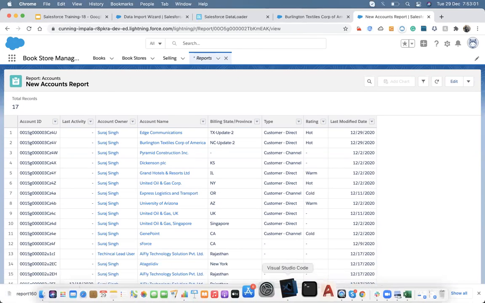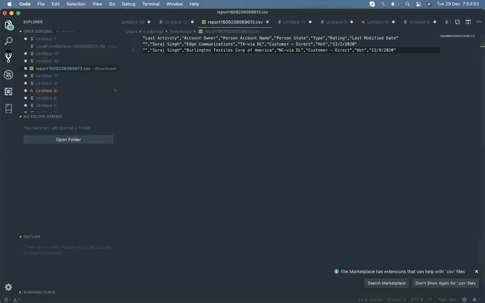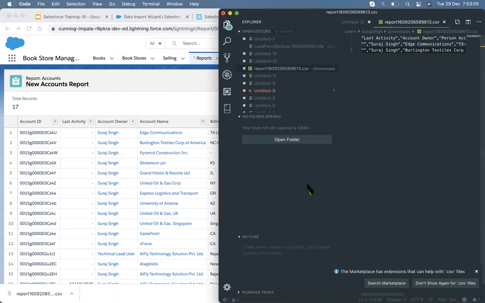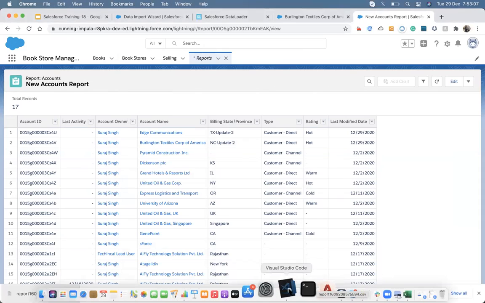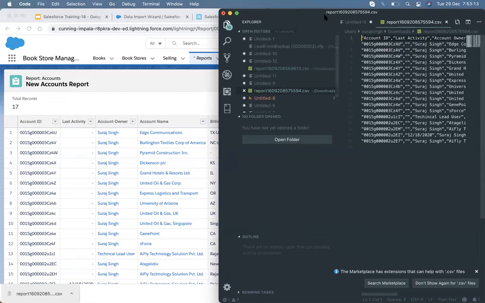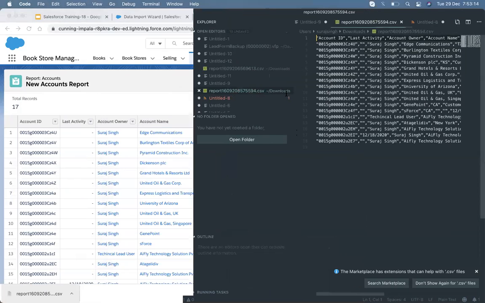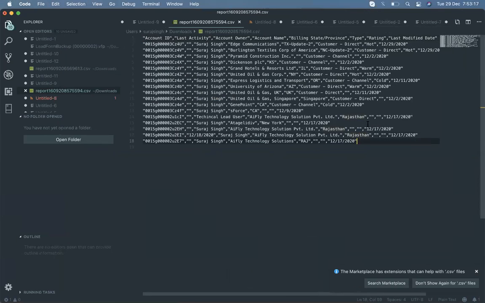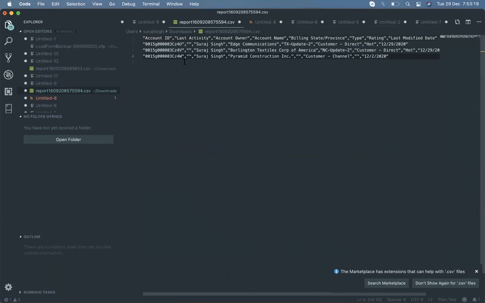Let me open it in some editor. Okay, I opened it now. In the first row I can see that I have an ID. Then let me update it by DL.